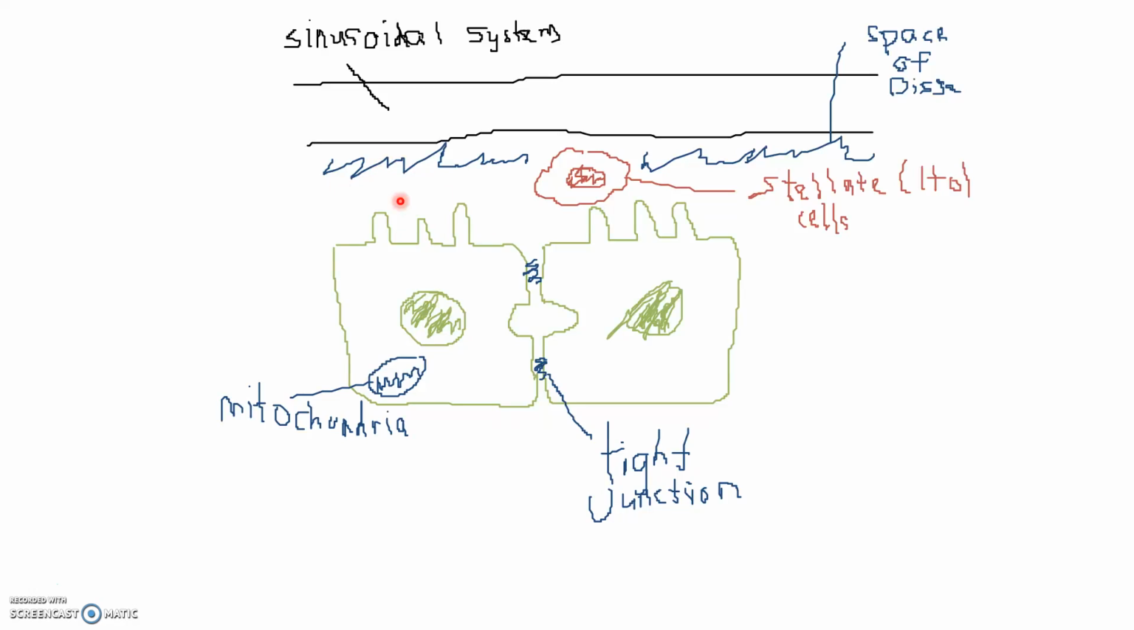Membrane that is actually facing the space of Disse and all these things. What are the roles of these transporters for the breakdown of RBC as well as drugs? Next, the sixth one, I'm going to talk about